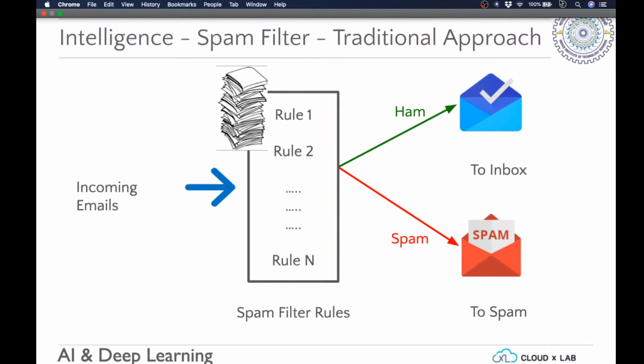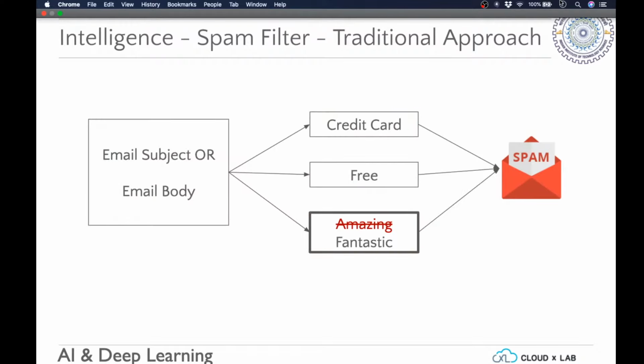The big problem with the traditional approach is that the rule set just keeps increasing. The number of people, the number of ways people find spam, and the amount of material sent as spam are just increasing, and so the number of rules to identify a complete spam set is just increasing. It's just larger and larger.